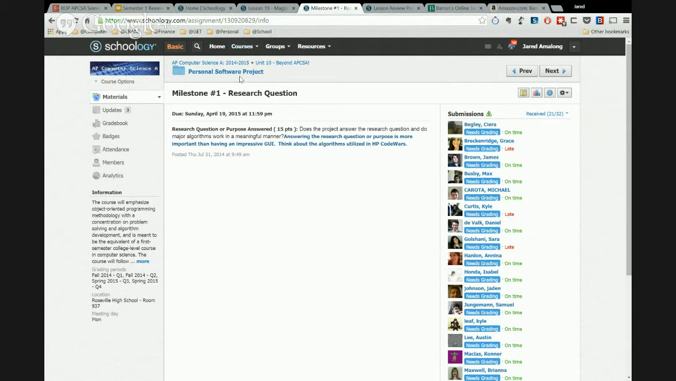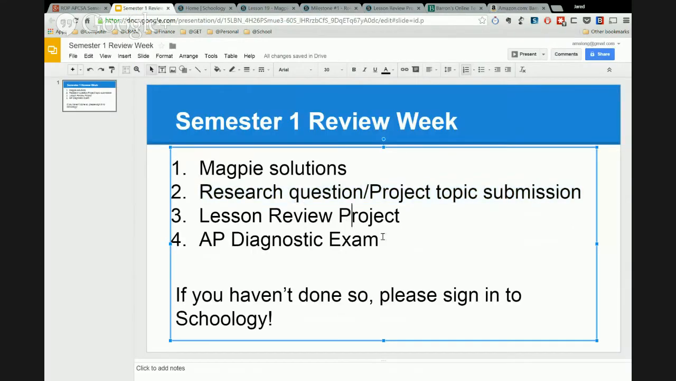This is under the Unit 10 folder, Personal Software Project. I'd like to think of this as the large project. This is the really, really big thing that you're going to focus on through and after the exam. The smaller project, or the mini project,